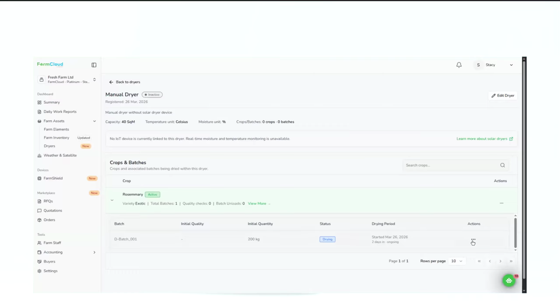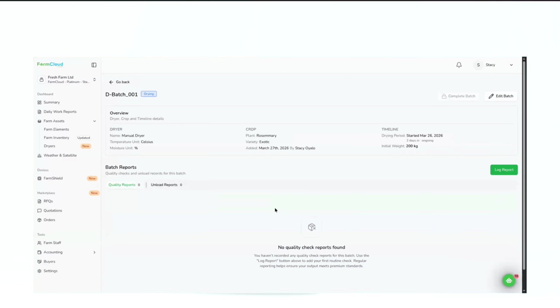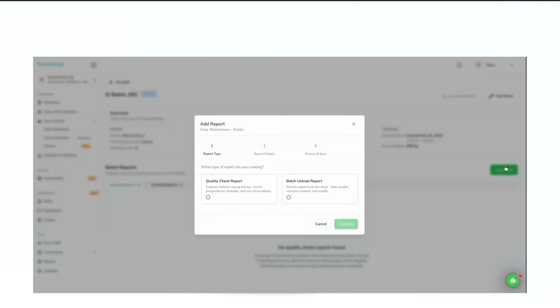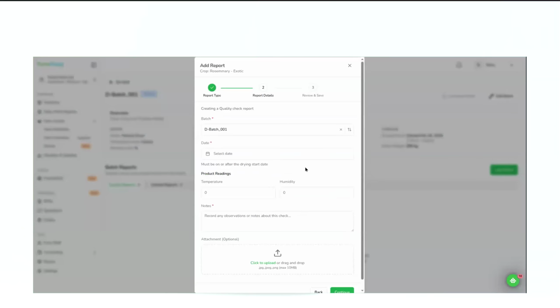Now we can create a quality report for this batch. You can say view info, and then we create a quality report. So for quality report, we have one. We have this batch. The batch is out of field, so we say drawing date is this, and then product readings. For demonstration, let me say like 10. That is 10 degrees, and then humidity we can say it's 2%. It is the initial phase, so you can say like